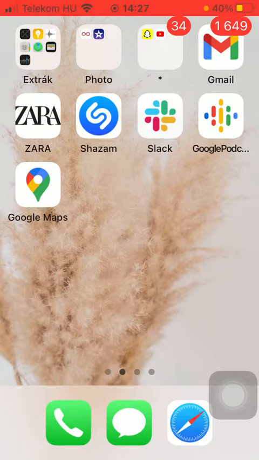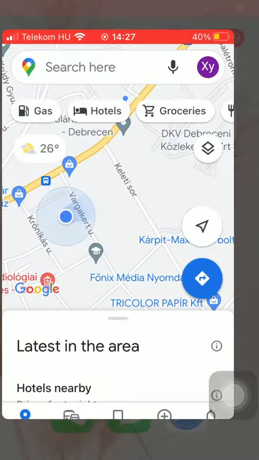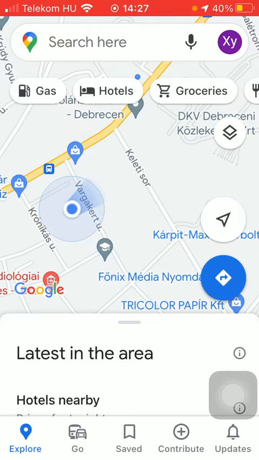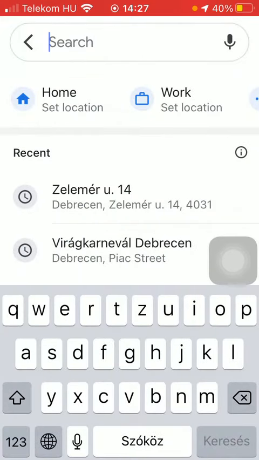First of all, open the application on your phone. Then you should tap on the Explore icon down below, which is the first option. Now, as you can see at the top of the screen, there is a search bar. So just simply tap on it, and now you will be able to type in either an exact address where you want to go, or if you just want to look at a particular place that